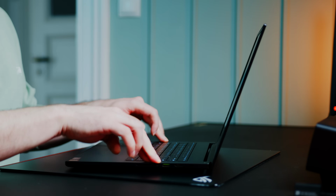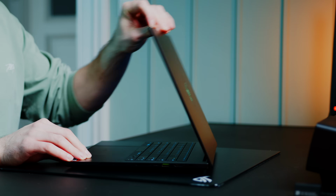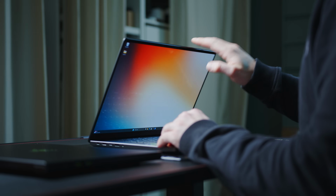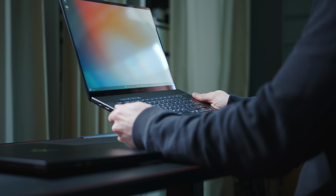Chassis quality for both is really good, but I would say Razer has the edge here. Just keep in mind that we are already talking about the high-end level here. But with its stronger hinges and a little more dense feeling base unit, the Blade just feels that tiny bit better. The G16 on the other hand is a bit lighter than its matte black counterpart, so if you really want to keep your setup as portable as possible, this might offset the tiny stability compromises you might have to